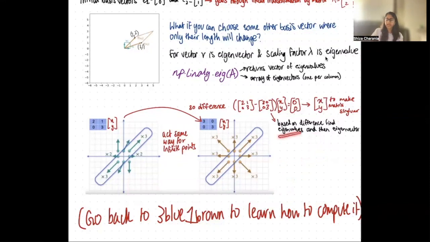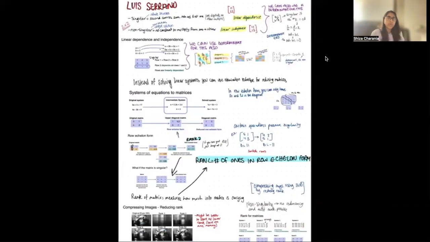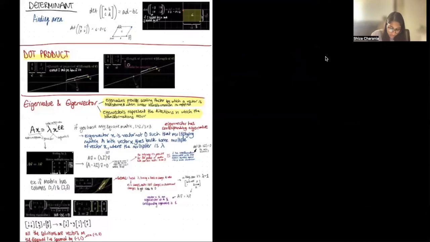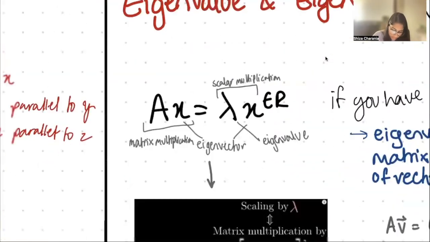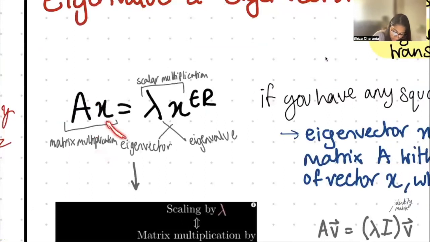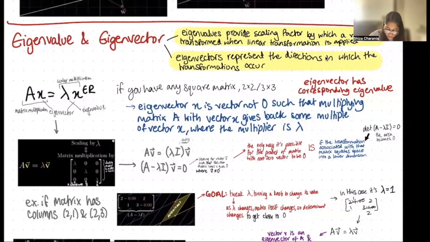So usually to find the eigenvalues and eigenvectors, you need to find the variables that lead to a determinant of 0. To go back to this, you can look at the equation like this. The matrix multiplication with the eigenvector over here should be equal to this. This is the eigenvector, this is after the matrix multiplication, and this is scalar multiplication with this being the eigenvalue. So if you have any square matrix,